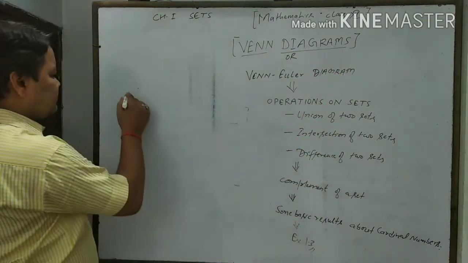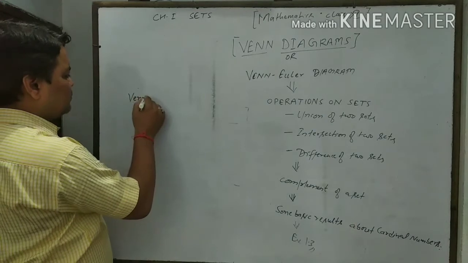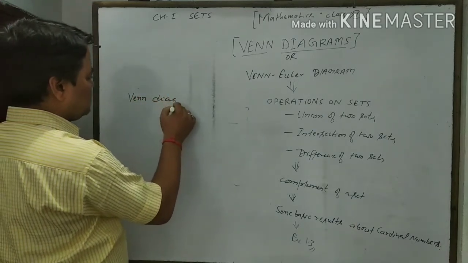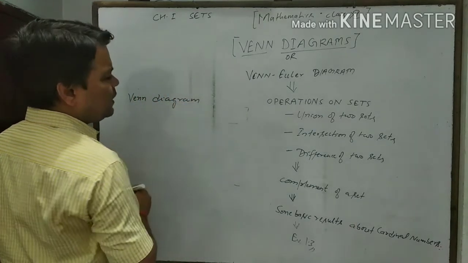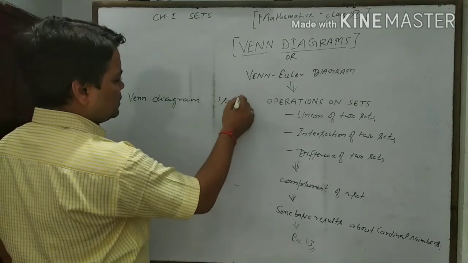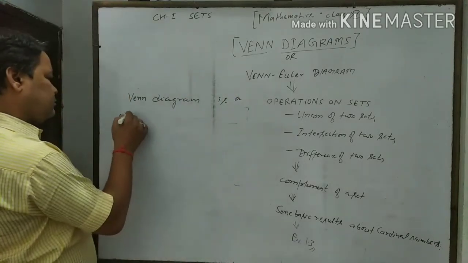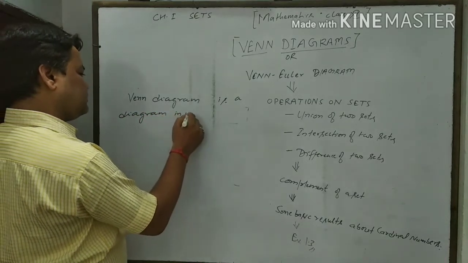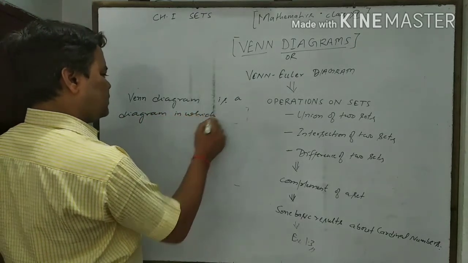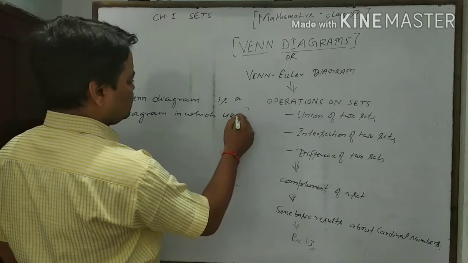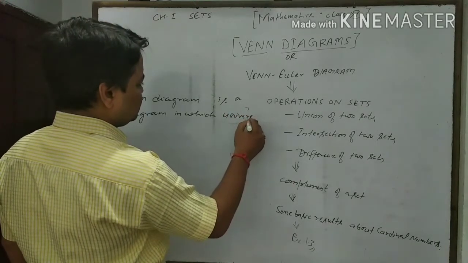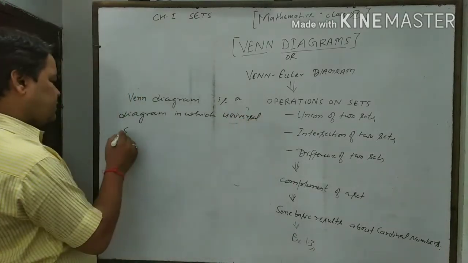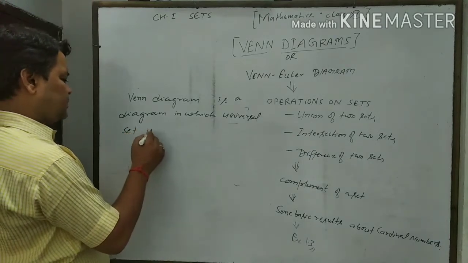Venn diagram is a diagram in which universal set is